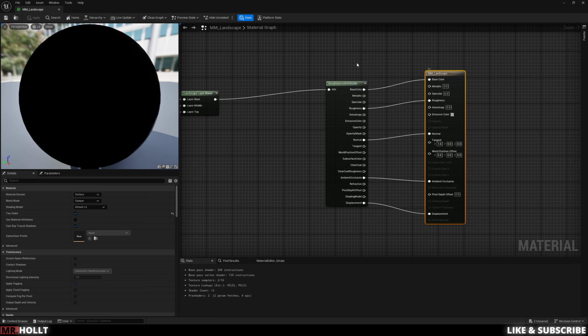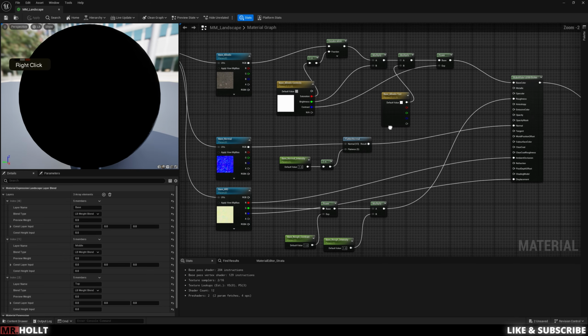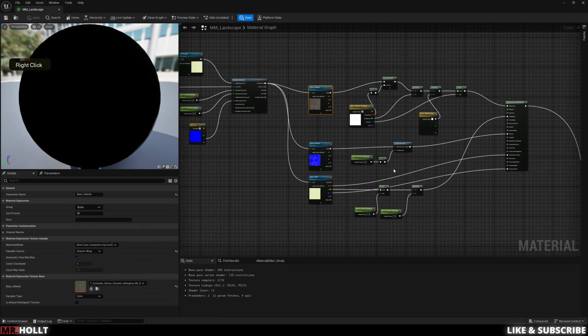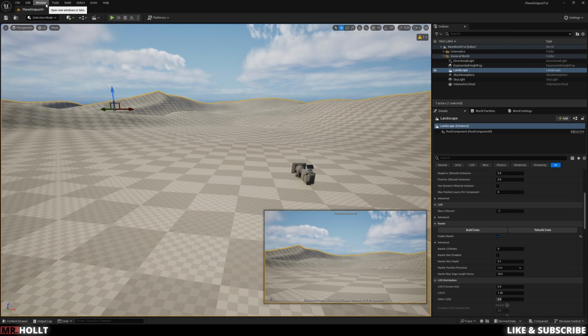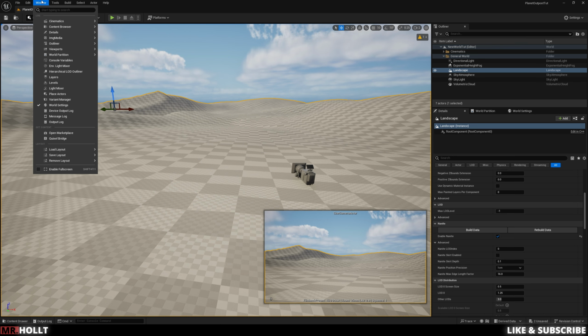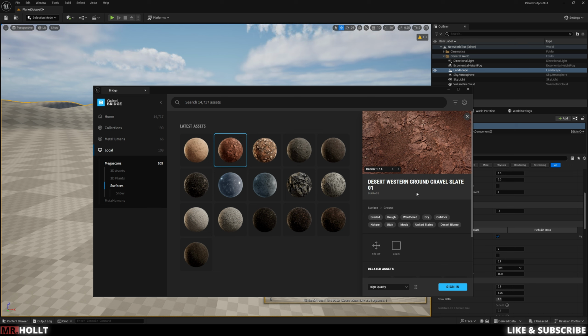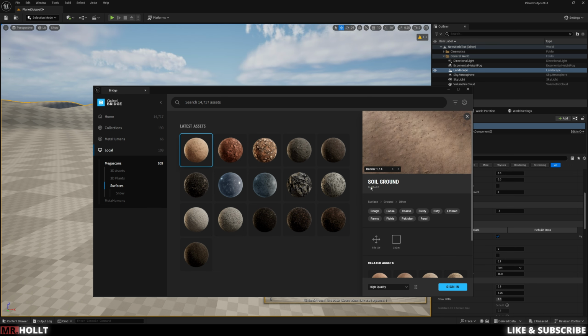So you have the landscape, you have the break materials, you have the landscape layer blend, and then you have one material solid right here. So let's go in and actually download our materials to start, and then we can jump in and build this. So go over to Window, click on Window, go to Quixel Bridge. I used this one, so Western, Desert Western Ground, Gravel Slate 01, Icelandic Rocky Ground, this one, and then Soil